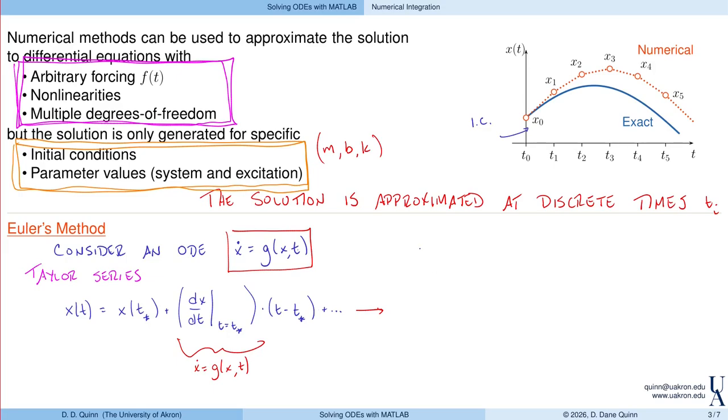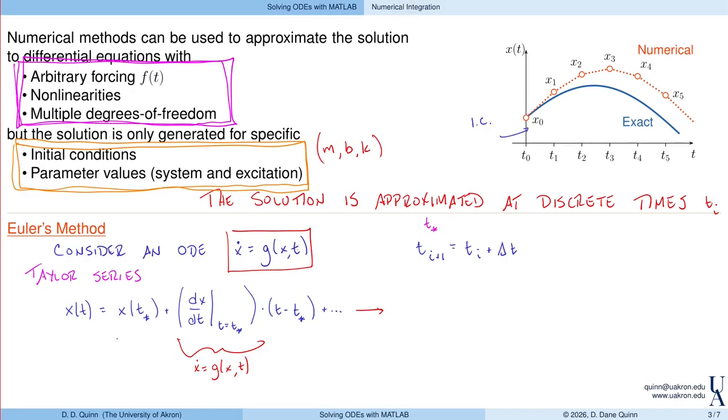So let t of I plus 1 be the next time, equal to the current time plus some delta t. Think about I equal to 0, we'd be looking for the response at t1. Or if I is equal to 3, at time t3, we'd be looking for the response at t4. So if this becomes my t star,